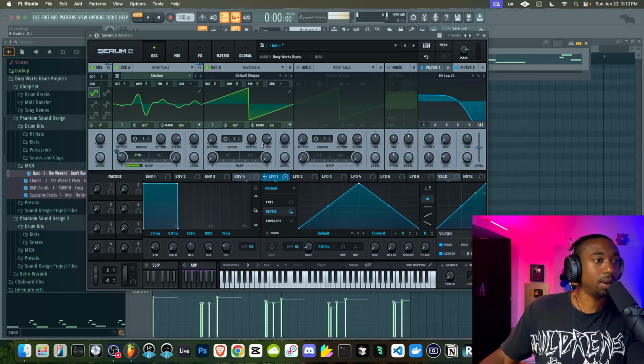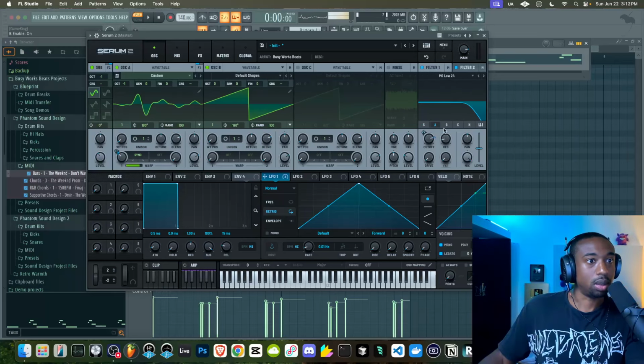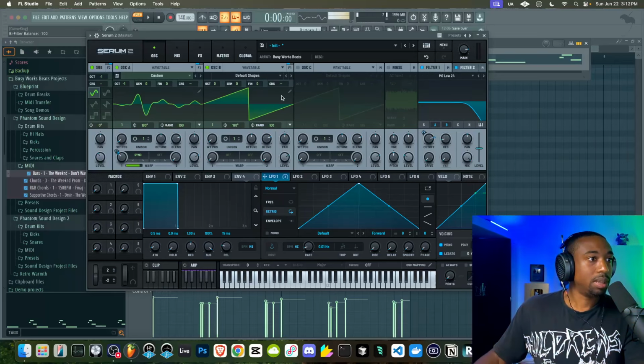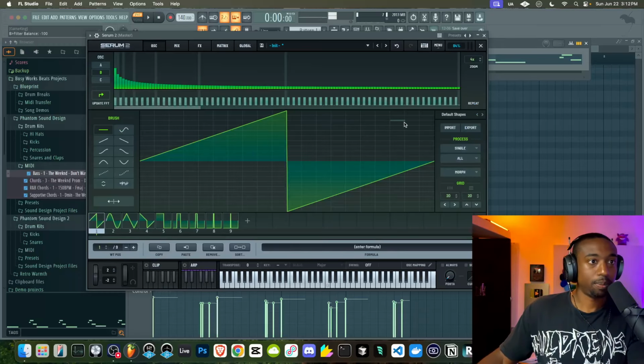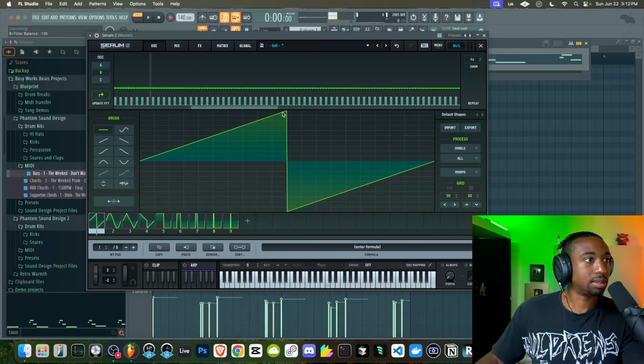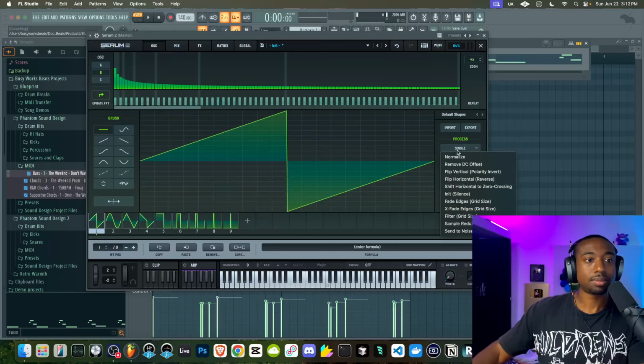So let's just open up a new oscillator. We're going to have oscillator B go through filter 1. And again, this is too jagged of an edge to be analog. So let's go to the pencil tool. Look at all these harmonics up here. That's a lot. Okay, now we're going to go to where it says single.